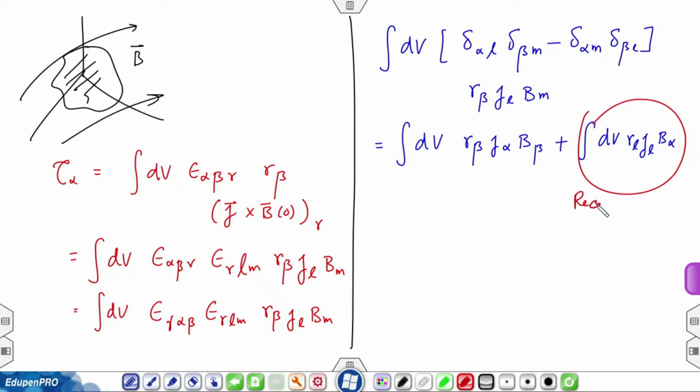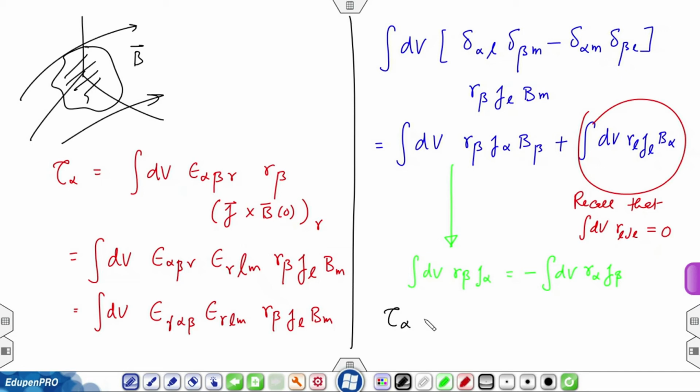Recall that integration dV r l j l is 0. This you can also see from this expression when I write integration dV r beta j alpha is equal to minus integration dV r alpha j beta. If alpha equals beta, the term is 0. Even if you sum it up, it is all 0. So, I get tau alpha is equal to integration dV r beta j alpha B beta,